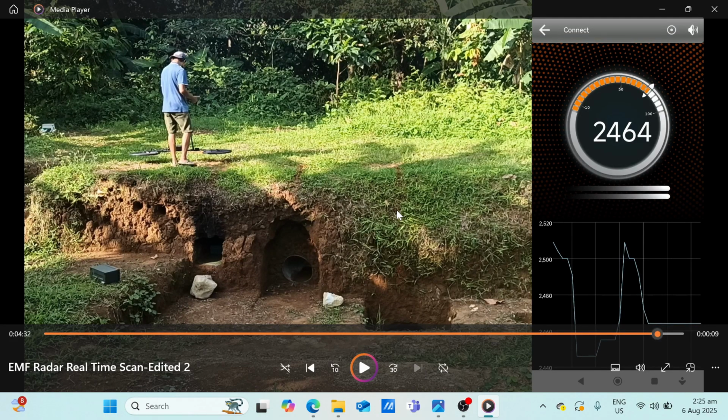And just one last note, use the real-time scanning mode if you can still interpret the values. If not, then you can use the ground scanning mode. Ground scanning mode can automatically convert the values into 2D or 3D with colors. So it is much easier to interpret than if the numbers are too close, like in the real-time scanning mode.